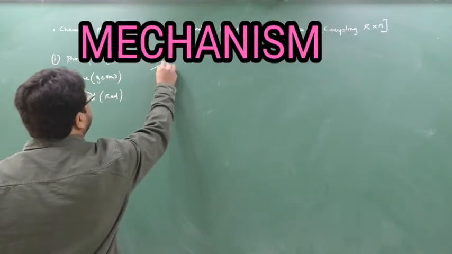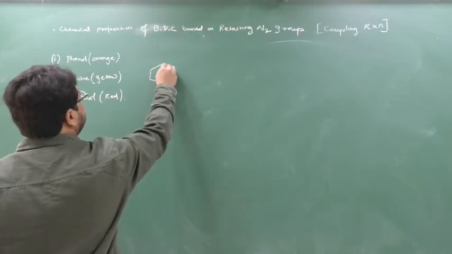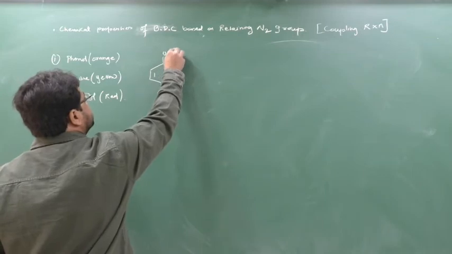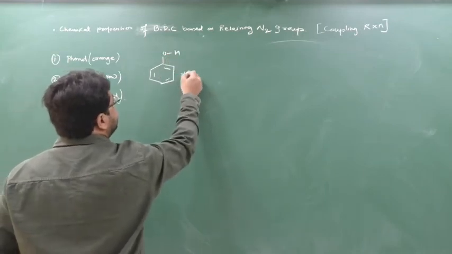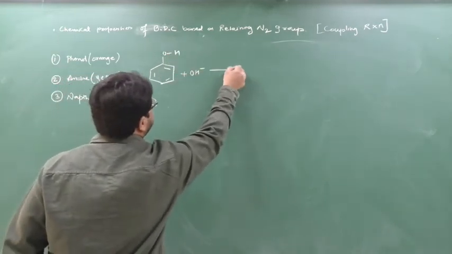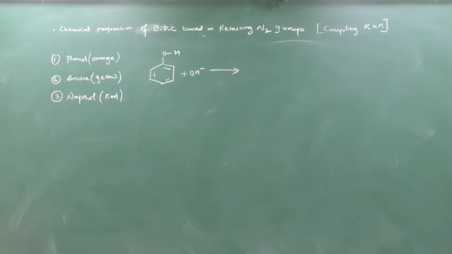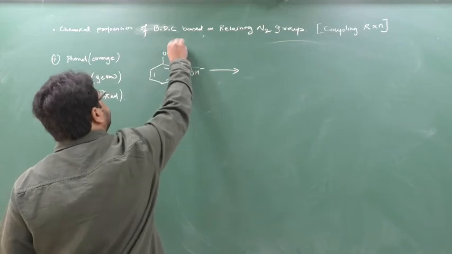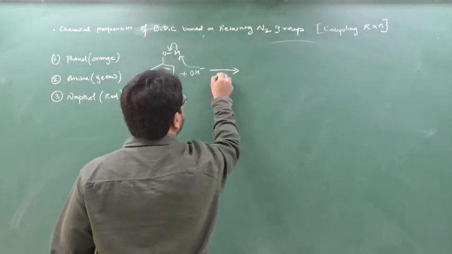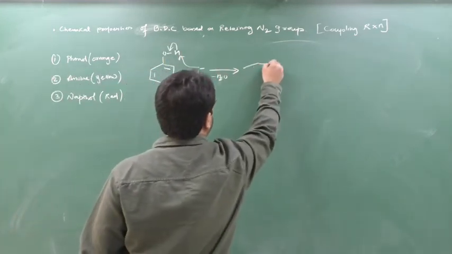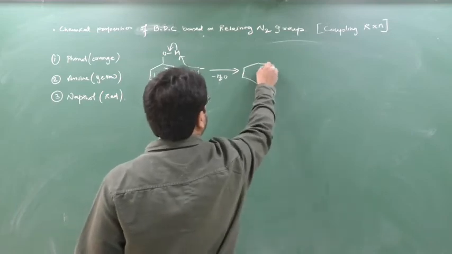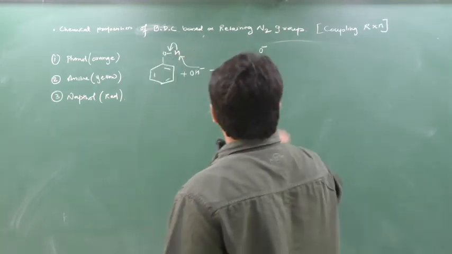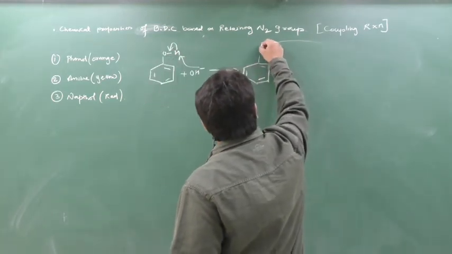First we are taking OH minus here. This mechanism is a bit tougher, please check it out clearly. As you know, we are reacting in a basic medium. Just now I told you the pH is maintained at 9 to 10. So this OH minus, and this is an acidic hydrogen because it's a phenol, so this H will be released. So here H2O will be formed, and here you will get O minus. Clear?